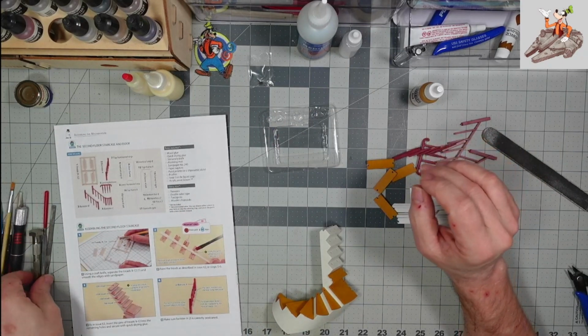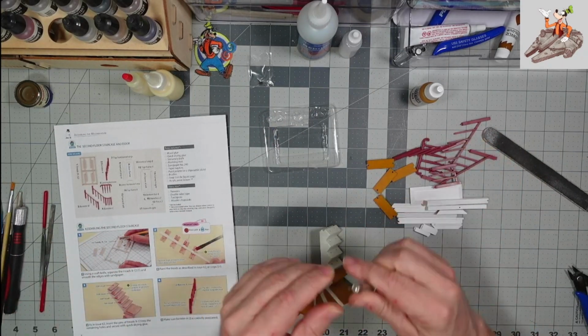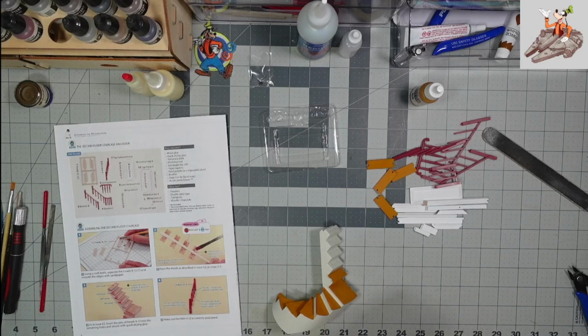Interesting. Oh, there it is. I'm sitting here looking for my pin vise. It's right in front of me. Let me get this glue cleared off, and I no longer burn it off after being told by Todd